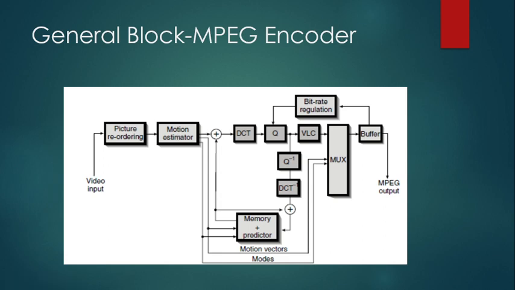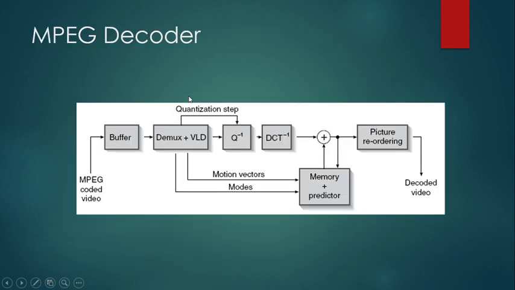Intra-coded will be done. And for the next subsequent frames or for the different modes, we have to compute all these motion vectors. And we will have a memory part also. A memory must be there in the encoder. So this is a very general representation of MPEG encoding. And this is another general representation, a simple representation, for the MPEG decoder. So the decoder does not have to perform the operation for motion estimation.